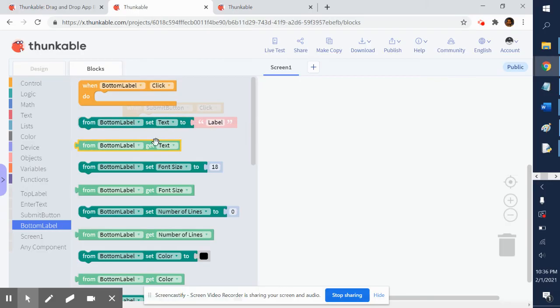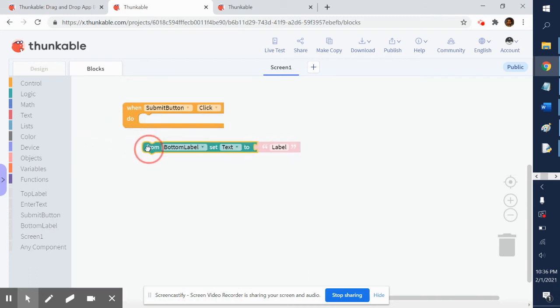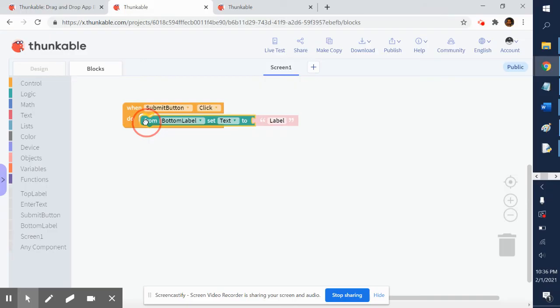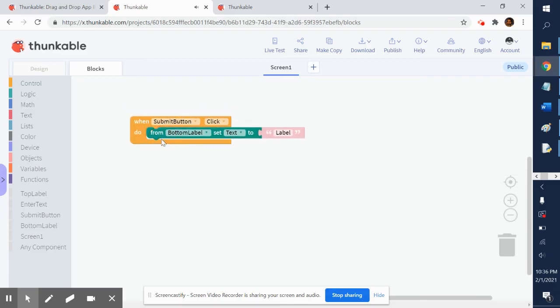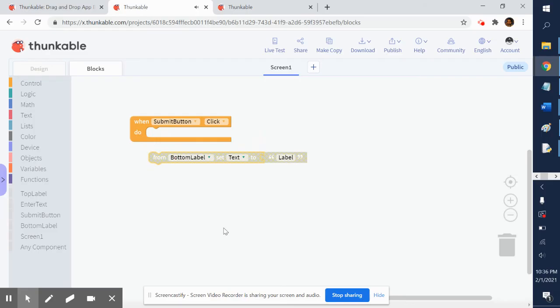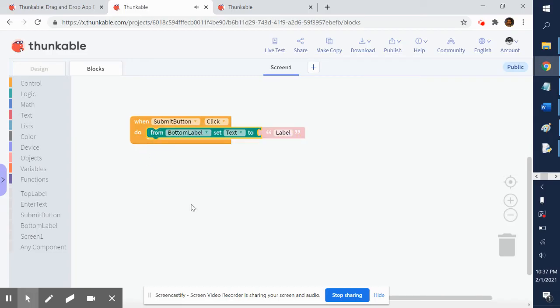We're not getting text. Some of you guys might accidentally click on this one, not that one. From bottom label set text. So I'm going to click it and drag it, and I'm going to click it right in there, right? That way you can hear the click sound as you click it together there. If you drop it somewhere over here, that doesn't do anything, and it kind of is grayed out, showing that nothing really happened. So if I drag it and drop it in there, it has a click sound and it shows that it's actually connected. So when the submit button is clicked, basically it says the bottom label, I'm going to set